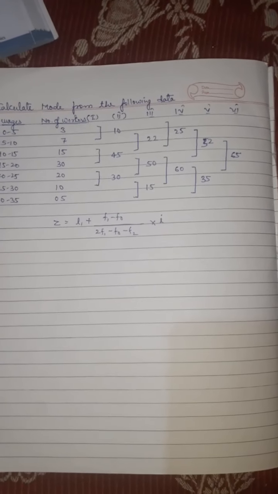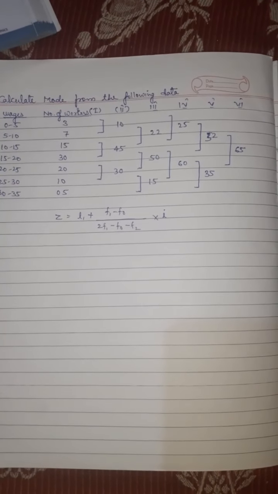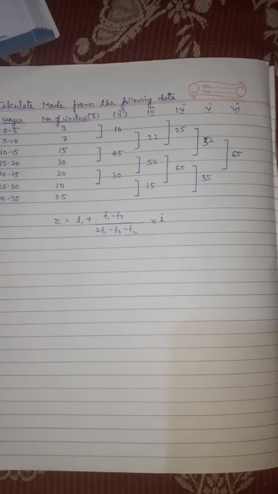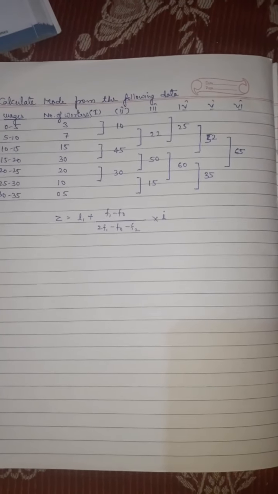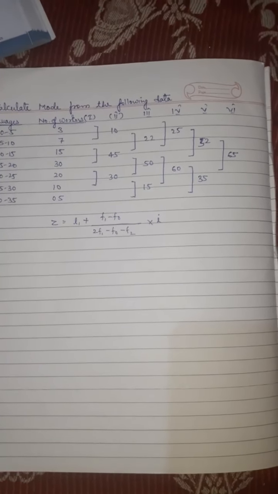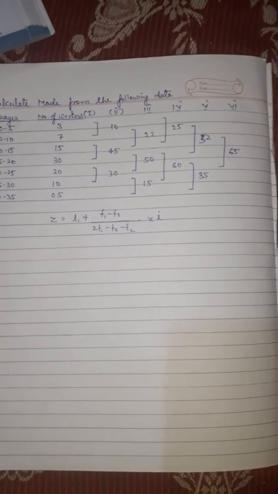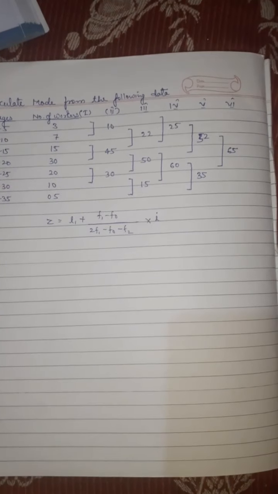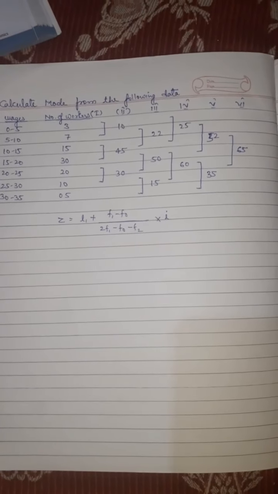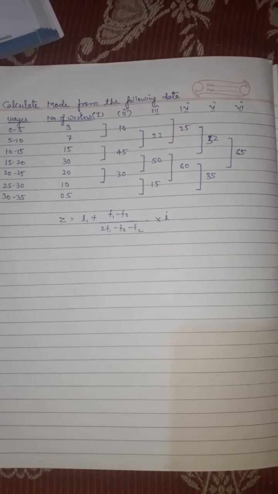Now we will start making pairs of 3 from the top: 3, 7, 15, 30, 20, 10, like that. For the fifth column, what we did, we omitted the top frequency, that is 3, and started making pairs of 3. For the sixth column, the top 2 frequencies we have omitted and then we have made the loop of 3. So with this loop, you can clearly understand. Now what next is, we will mark the highest number in each column.